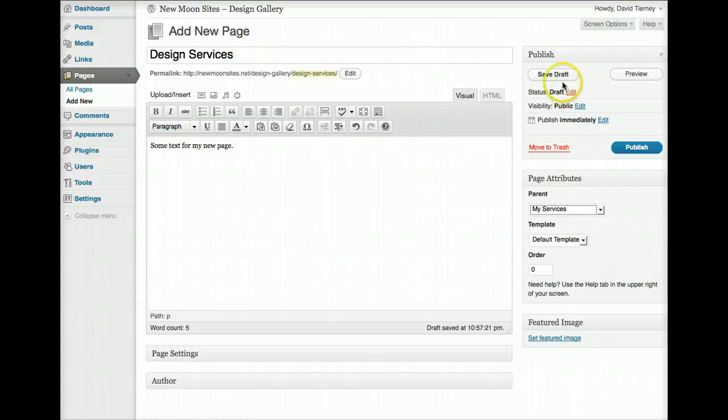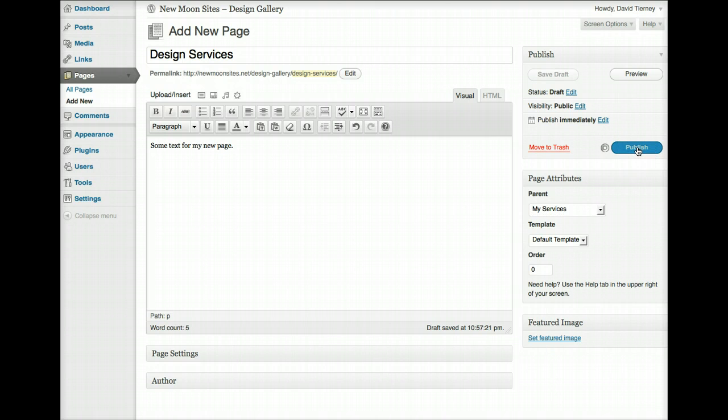But before I do that, I wanted to point out that I could save it as a draft. If I did save it as a draft, it wouldn't publish it live to the public-facing website. It would just save it in the admin area. I could leave, I could log out, go away, come back another day, log in, and it would still have this page for me to continue to work on, but it wouldn't be published. And you can also hit Preview, and it will allow you to see the web page as if it were live on the website, but since it's not live and hasn't been published, you wouldn't be able to see it otherwise. So at this point I'm going to click Publish,